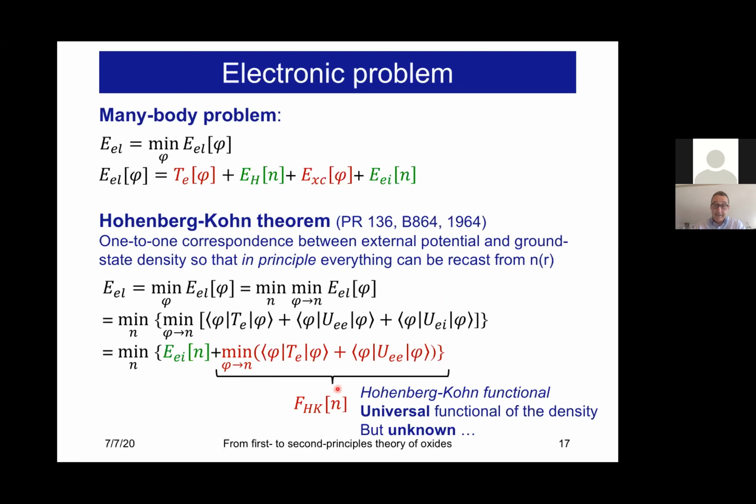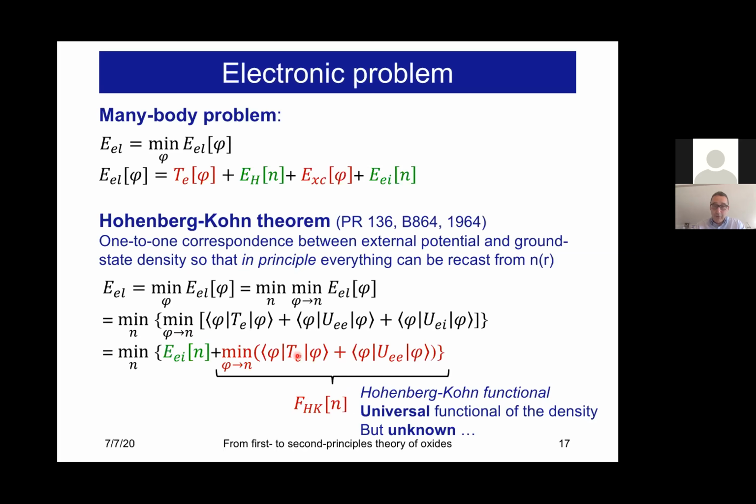And this corresponds to the Hohenberg and Kohn functional. This is a very important point: Hohenberg and Kohn said that the energy can be recast into the minimization of two terms here,